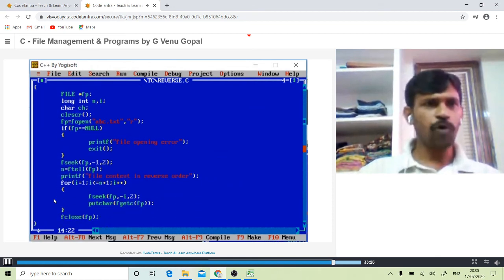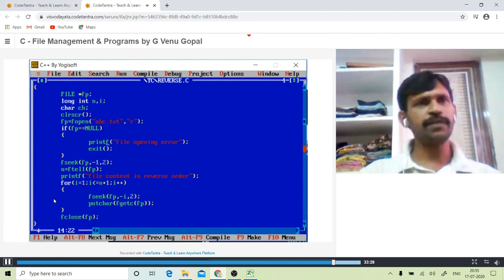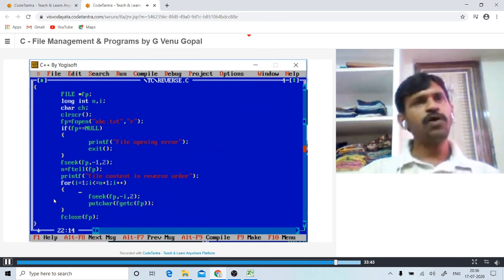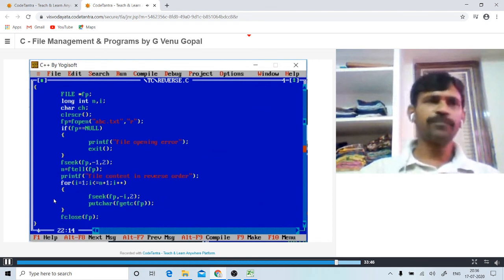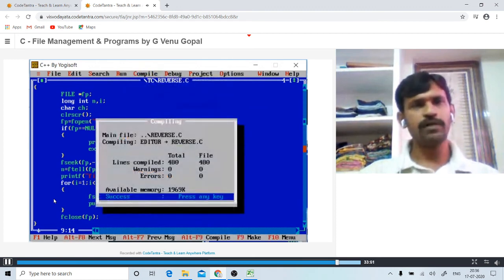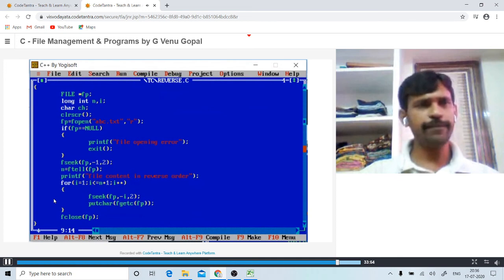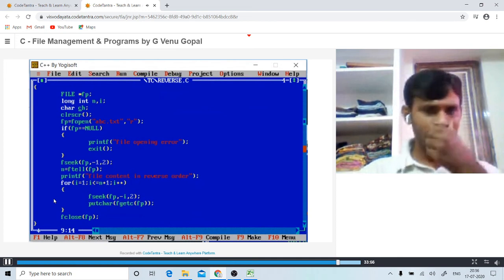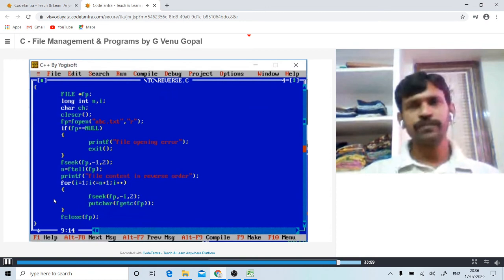First we verify whether the file is available or not. After that, we place the pointer at the end of the file. So fseek is a function that will place the file pointer at the end of the file. Random file operations function it is called. Then all the contents of the file are displayed from last character to the first character. Let us see how this particular function works. Alt C, compile the program, successfully done. So previously we have written Siri as the last word. Now it is going to print Iris as the first word in our execution.